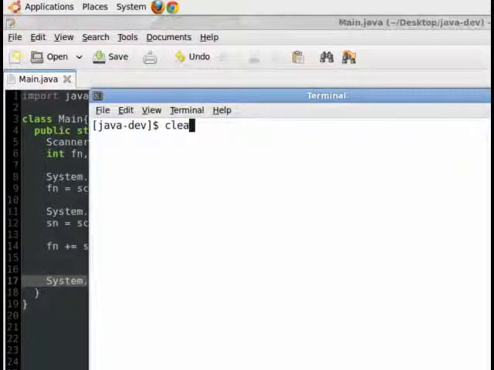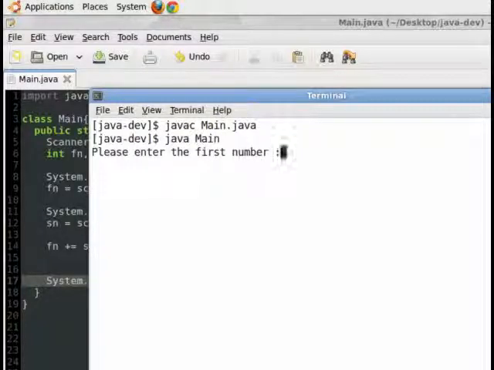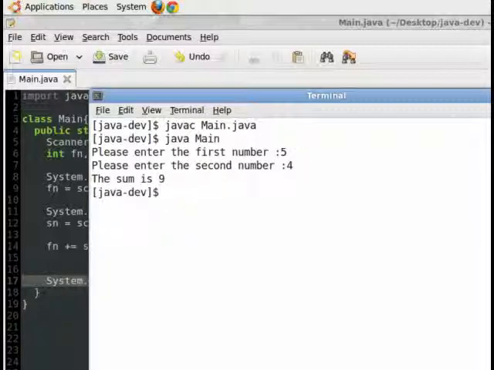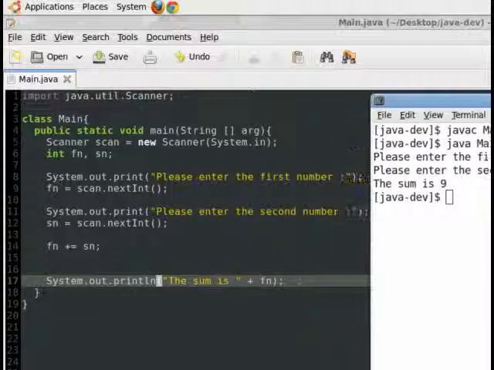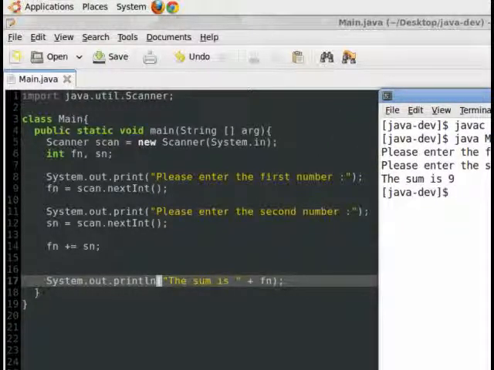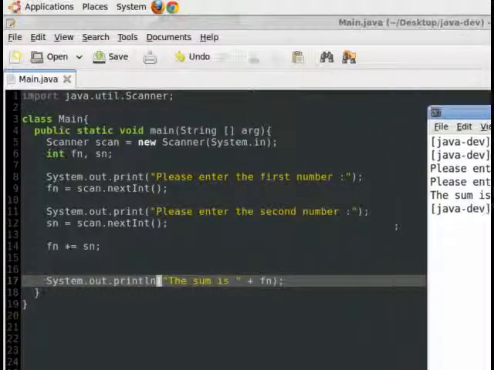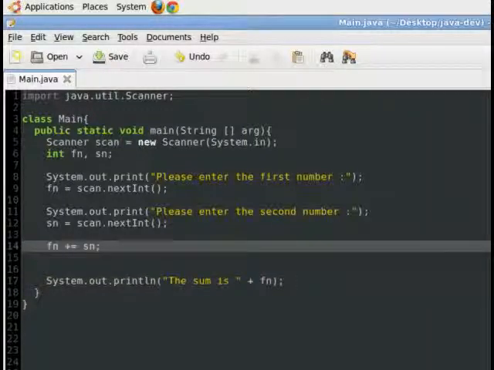So let me just bring this into view. javac Main.java. The M is capital. It compiles. java Main. And it says please enter the first number. So let's enter 5, and the second number let's enter 4. And it says the sum is 9. So nothing has changed, but the only thing is that now we are not using another variable. We are just incrementing the fn variable by some value,